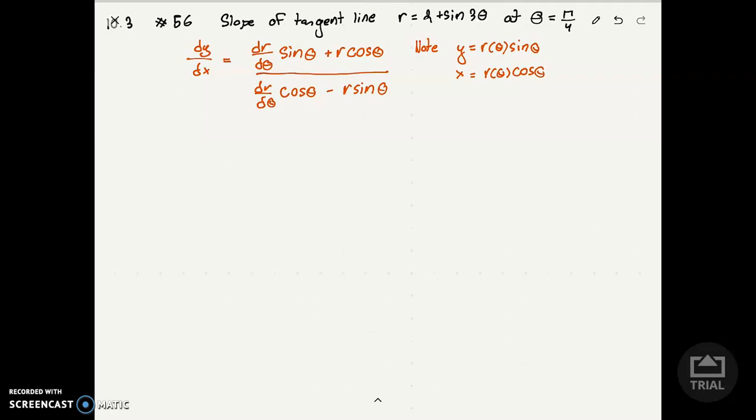Alright, so this is number 56 from 10.3, and it's asking to find the slope of a tangent line to the polar curve r equals 2 plus sine 3 theta at theta equals pi over 4. I've written the formula in orange here. The formula may look somewhat ugly at first glance, but if you examine it a little bit more closely, while keeping in mind the Cartesian polar conversion here, you'd notice that it's actually really just saying dy d theta over